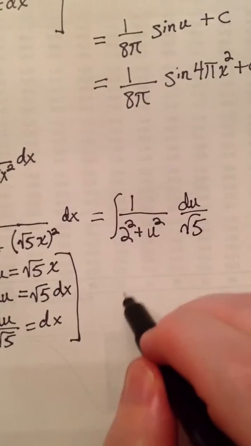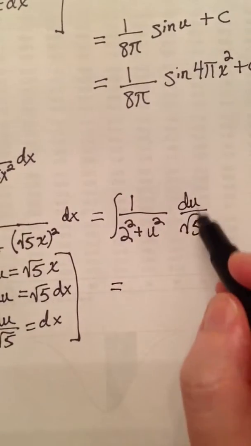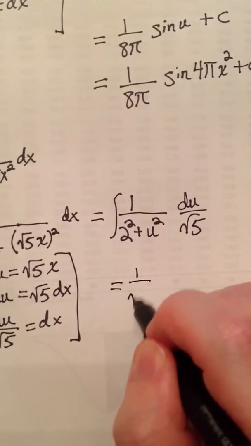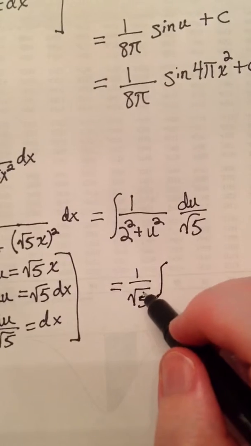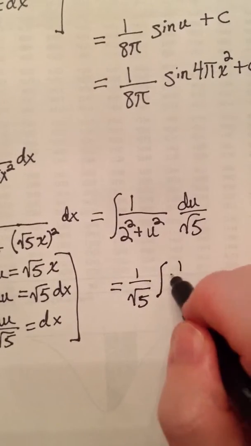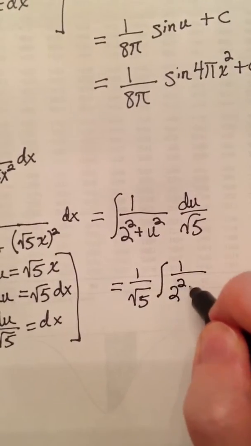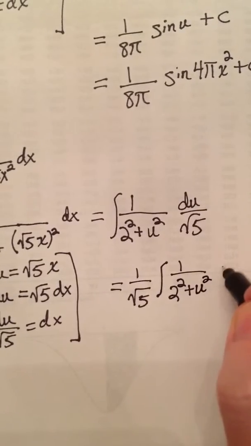And in carrying out what we have at this stage, we have the numerical coefficient that we can factor out and put in front of the integrand. We say 1 over the square root of 5 times once again 1 all over 2 squared plus u squared du,